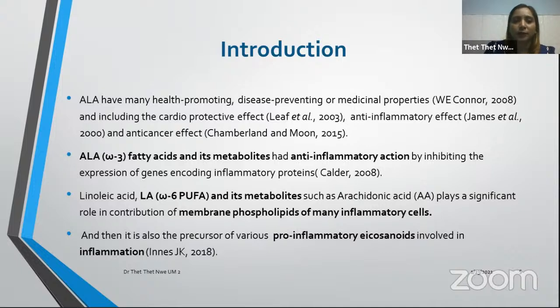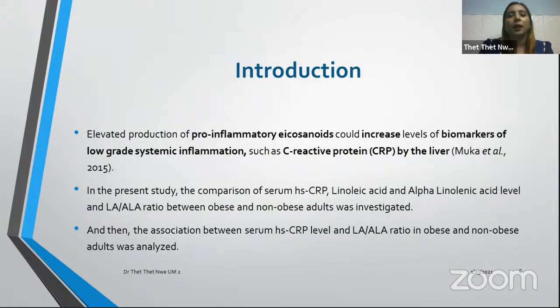proteins. In contrast, linoleic acid, LA, omega-6 PUFA, and its metabolites such as arachidonic acid play a significant role in the contribution of membrane phospholipids of many inflammatory cells. And then it is also the precursor of various pro-inflammatory cytokines and eicosanoids involved in inflammation. Elevated production of pro-inflammatory eicosanoids could increase the levels of biomarkers of low-grade systemic inflammation, such as C-reactive protein by